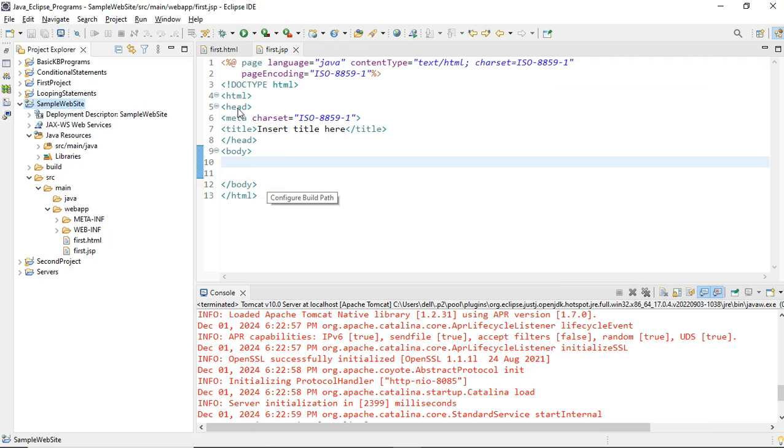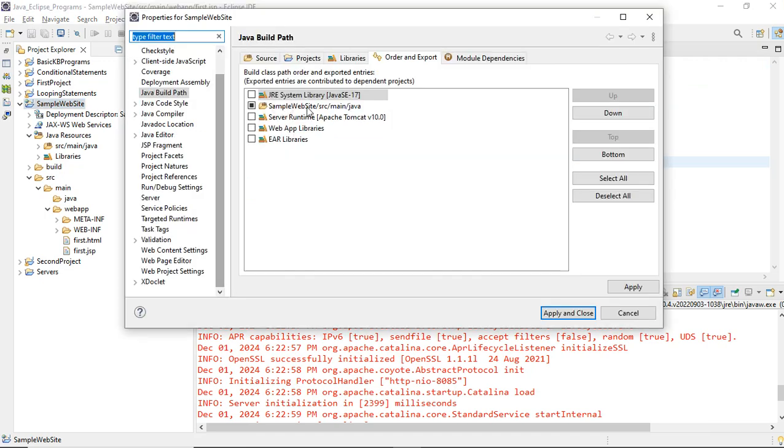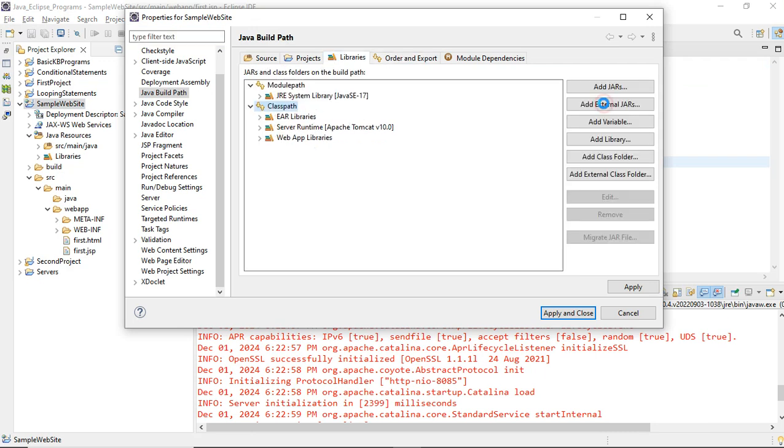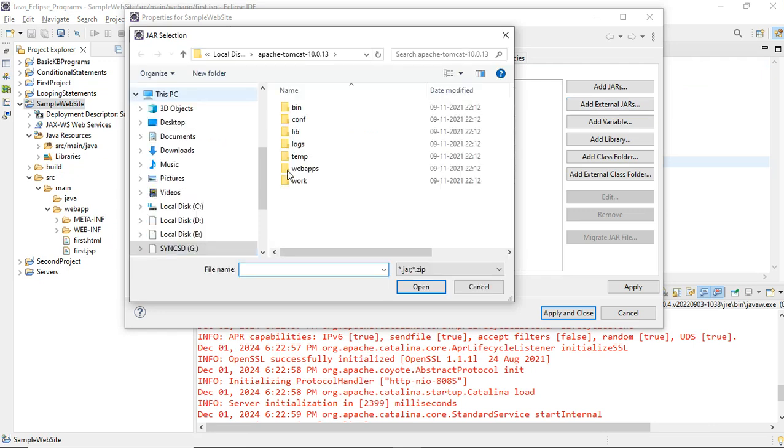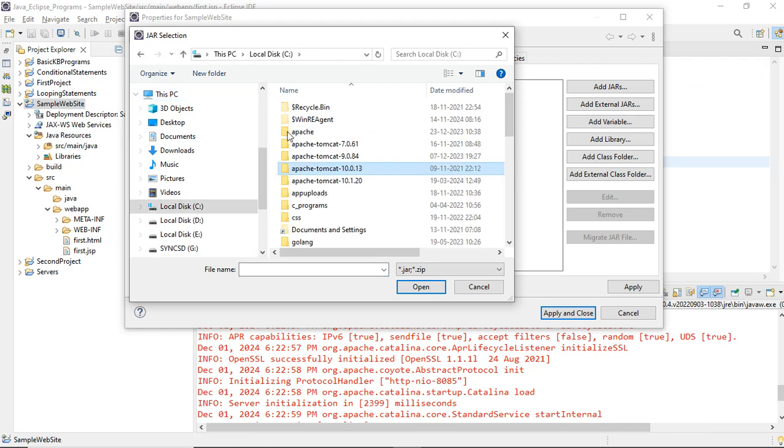Here there will be a classpath. Click on the classpath, now select Add External JARs. Click on external JARs. Here, in the C drive, is the Tomcat folder that I have added. Go into this Tomcat folder, and there will be a lib folder, meaning libraries. Open the lib folder, and there will be one file called